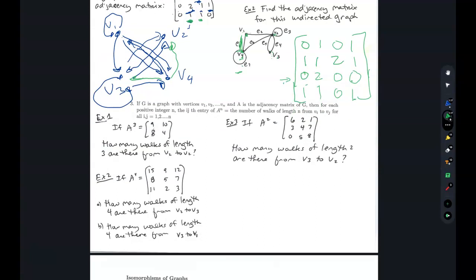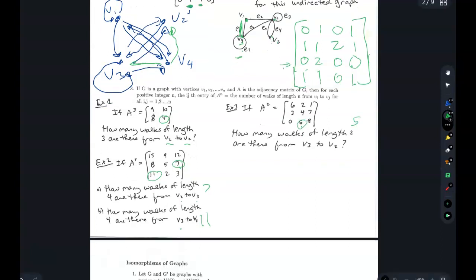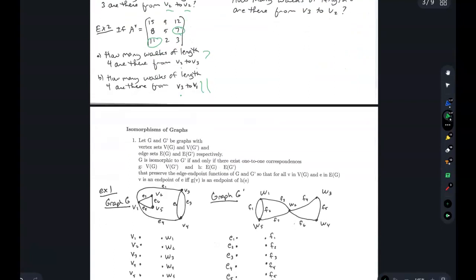Okay, so then we did this. So it's the ijth position. So this is the number of walks from V2 to V2. So it's the ijth position. So we're looking for the 2, 3. So A sub 2, 3. So that's 7. And then here we're looking for A sub 3, 1, and that's 11. And then since this is A squared, I'm looking for V3 to V2. So this is 5. Okay, so then on the next page